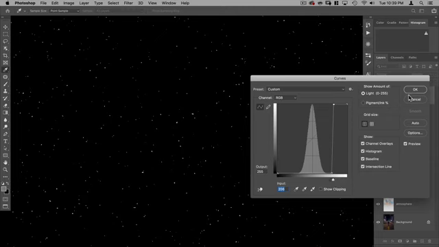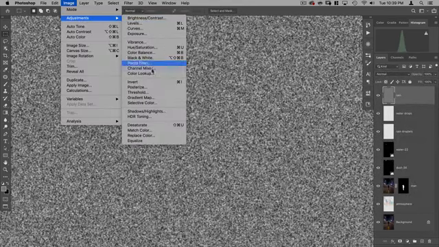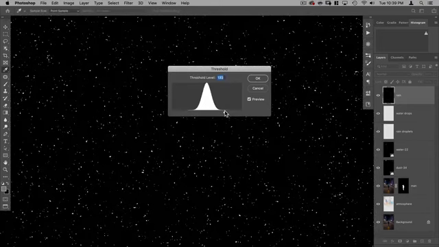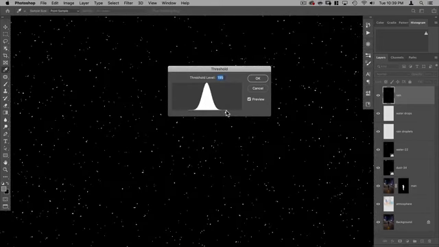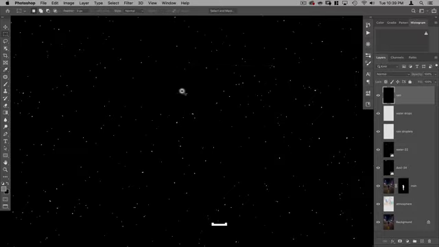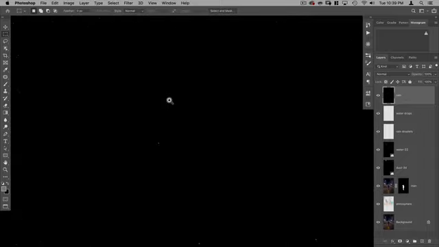So something like that. Now alternately, you can also use the threshold adjustment and just move this to the right until you get the desired amount of dots. So something like that.